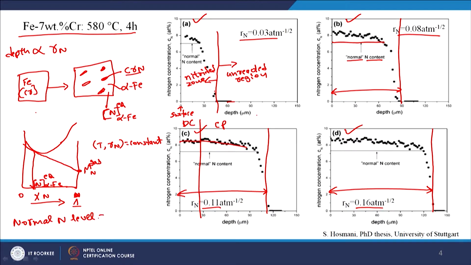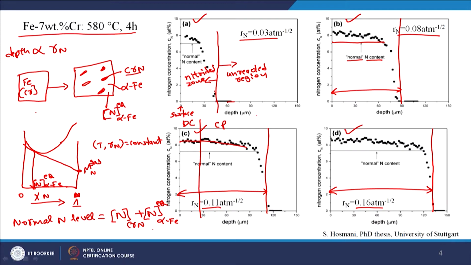The content is given as nitrogen bonded with nitride particles as Cr(n), which depends on the amount of chromium, we know that amount, plus nitrogen which is dissolved in the alpha iron matrix,